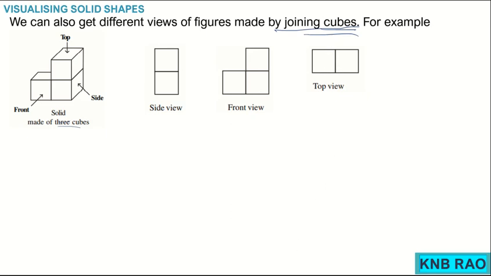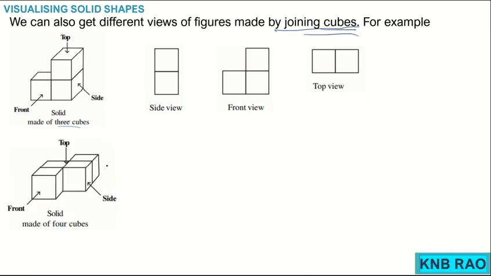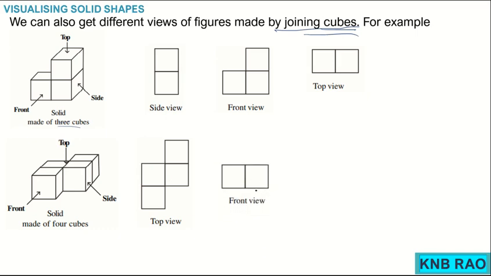Then coming to another bricks game shape, you have seen such a shape, a solid made up of 4 solid cubes. Now in this, front view, side view and top view. Let us take the top view. It looks like this, whereas the front view is only 2 squares and the side view will be of 3 squares. 3, here is the first one, second one, third one. Okay. So you need to plot the views of given 3-dimensional shapes. That you will be doing in exercise 10.1, which you can once again do.